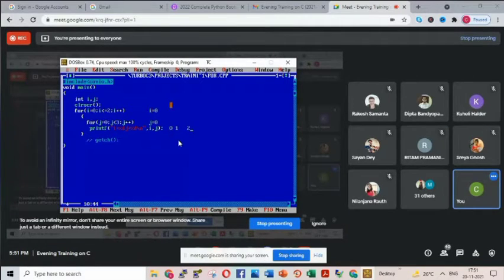Now you have a nested for loop. So with i equal to 0, you have entered inside. Now when you are inside, the j for loop will be executing 3 times, because j is 0 for the first time, 1 second time, 2 third time, then j will be 3. 3 is not less than 3, so you will be terminating from this for loop. This for loop will be over.